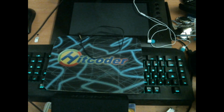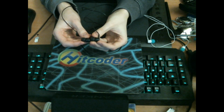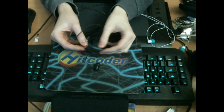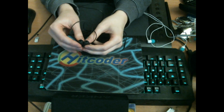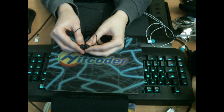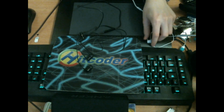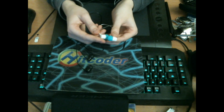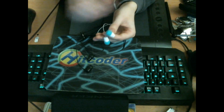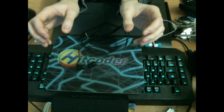Another big thing about these is that these are out of phase, which means that when you listen to music, both sides have the wave the opposite ways round, because they're soldered with the plus and the minus the wrong way round on one side. It's not the same on both sides, basically. So when you listen on a normal pair of earphones, your music will sound like it's actually in the middle to the side, whereas with out of phase, with these, it sounds like there's two separate sound sources that you can pinpoint,